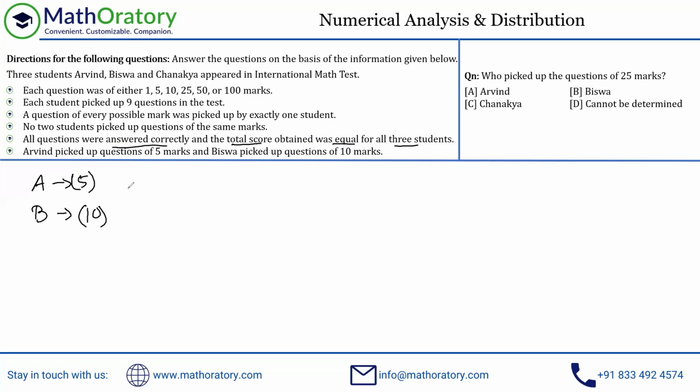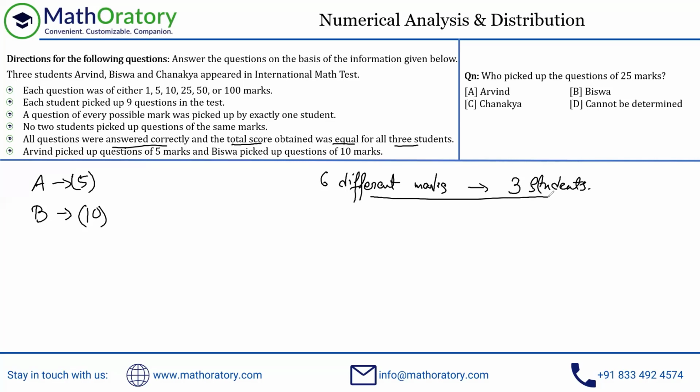Great. So this set has a lot of layers of solving. This is something you have to understand whenever you're picking up an LR set. When you're looking at an LR set, the first thing that should come to your mind is what sort of solution am I looking for? I mean, what sort of things do I have to solve for? So the first thing you have to understand is there are a total of 6 different marks. And there are 3 students attempting this test. So there are 3 students picking from these 6 different marks.